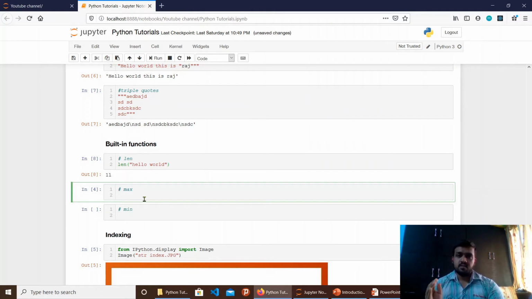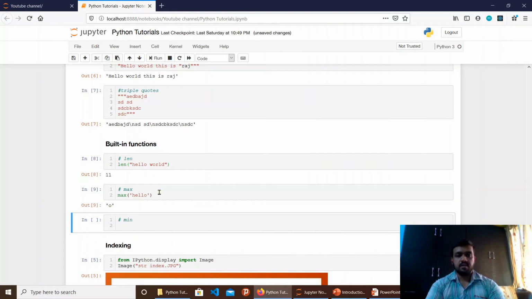Starting from small a to capital A, we have a continuous sequence for all the English alphabets. Let's say from small a to z, we have a defined sequence of integers, similarly for the capital case as well. So this max will check for the character which has the maximum ASCII code. Take hello. I can give it in single quotes or double quotes. It will give me the answer o, because o has the highest ASCII code present